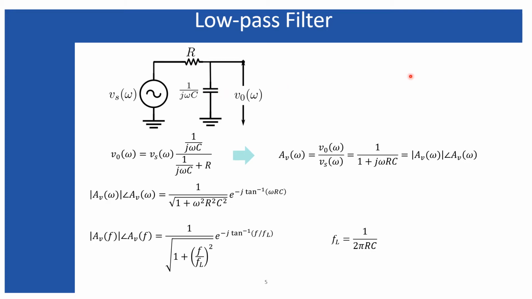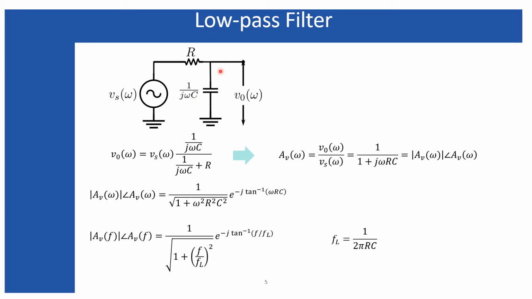What is a low pass filter? A low pass filter means the filter which passes the frequencies within some lower frequency range, starting from 0 to a certain range, and after that particular value of frequency, the output deteriorates. So that is called a low pass filter. Similarly, when I discuss the high pass filter, you will see that a high pass filter passes the frequency range starting from some frequency greater than 0 up to infinity. So later on I will discuss the high pass filter. Right now, the low pass filter.